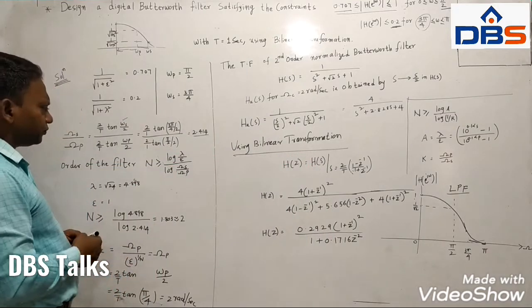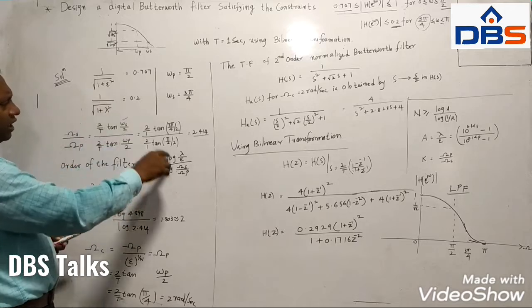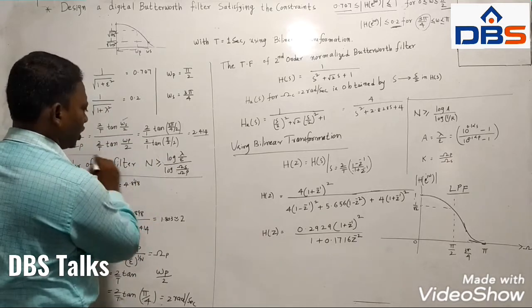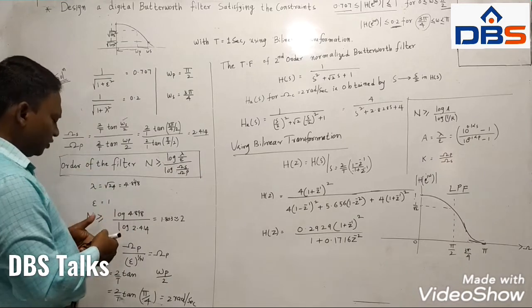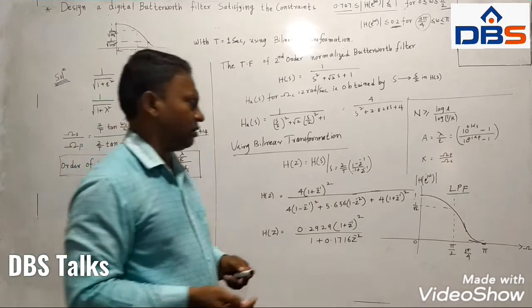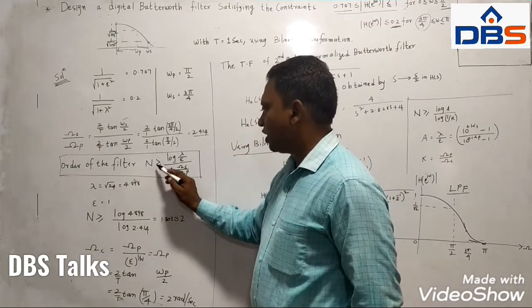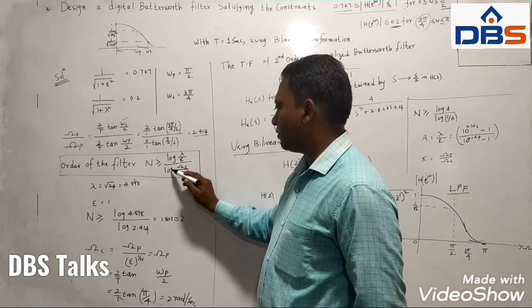Now generally, the order of the filter in terms of lambda and epsilon you can calculate. This is an important formula, so you have to remember this one. Okay, if you want to design a filter, we need the order. So what is the order of the filter? To calculate that order, n must be greater than or equal to log lambda by epsilon divided by log omega